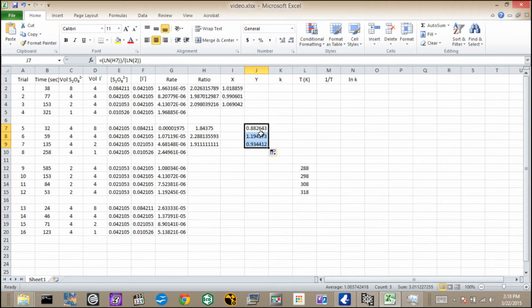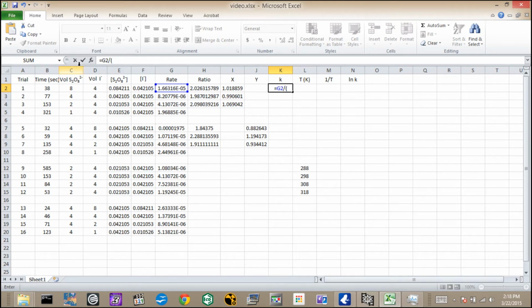So we have here, you can see the data is not quite as good. We're kind of all over the place, 0.88, 1.19. But if we average that, we're still going to end up pretty close to 1, which is what it should be. So then we can go back to any of these, and that includes even the ones where I didn't do anything with them yet because their ratios are less relevant, and solve for K by saying that K is going to be equal to the rate, which is, and I can select it by just clicking on it, so it puts up the G2,